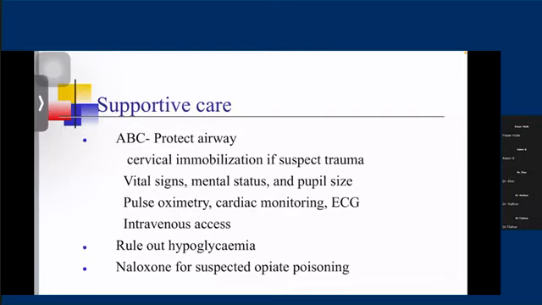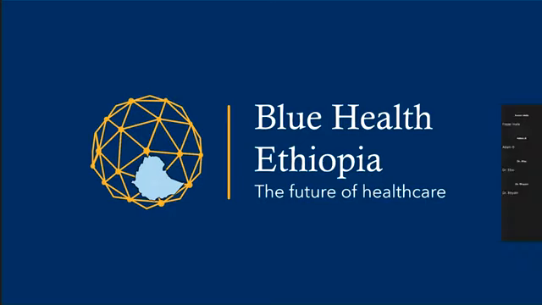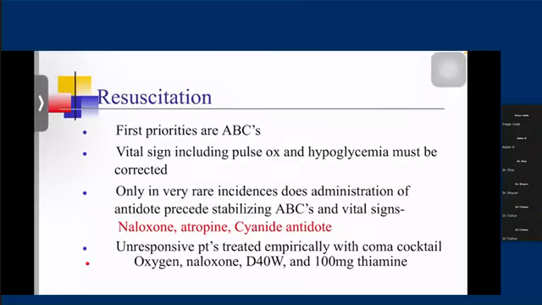And if there is a low random blood sugar, we treat it. Poisoning patient. So always we have to start with the ABC of life, because these patients are at risk for airway, breathing, and circulation issues. The patient can be comatose, can vomit a lot, and can have airway obstruction and asphyxia, and can die of airway obstruction. So securing the airway is always a priority.